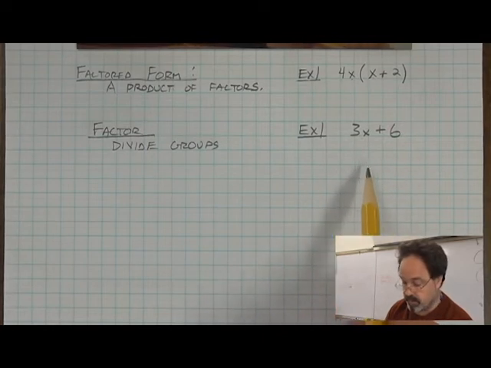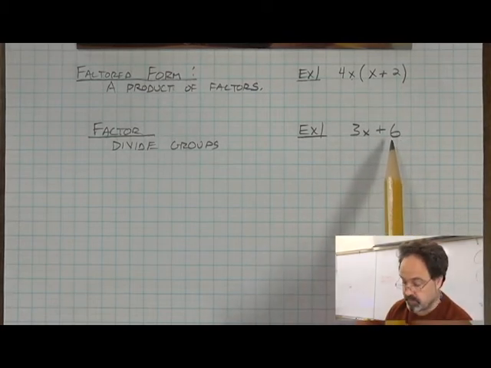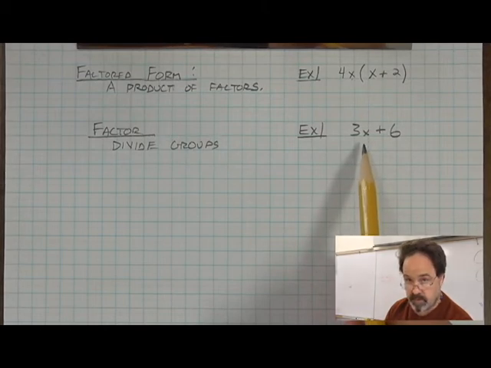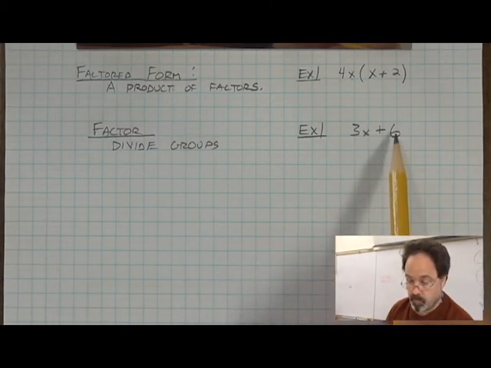And how would I go about that? I'm going to consider what divides 3x and 6. With a little investigation, I might test some numbers and chance upon 3 because I know that 3 divides 3x evenly and 3 divides 6 evenly. When I do,